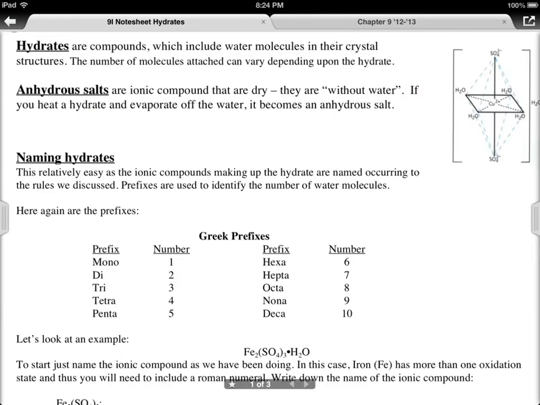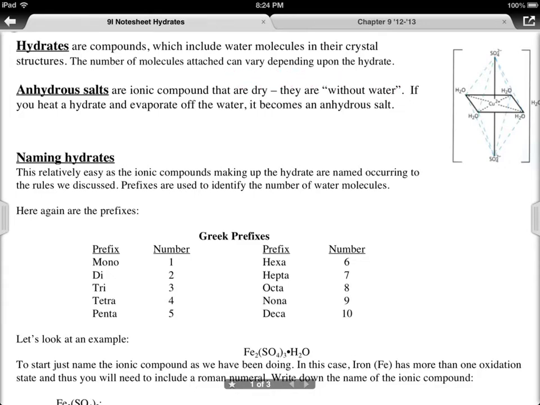Hi everybody, this lesson is about compounds called hydrates. Hydrates are just compounds which include water molecules in their crystal structures. This is a picture of copper(II) sulfate, and you can see all the water molecules embedded in this ionic compound. The number of water molecules that attach to a particular ionic compound really varies depending on whatever the hydrate